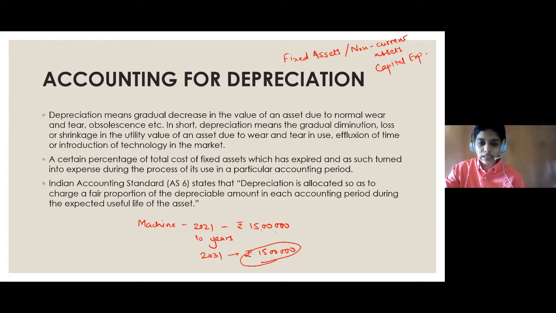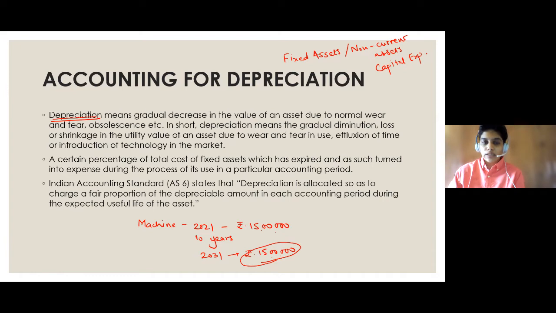So now in this case, you know that your asset is going to lose value over time. So from the perspective of accounting, when we follow certain accounting principles, concepts, and conventions, and we are being conservative, what we do is we account for this loss by means of depreciation. Whatever loss in value occurs during the use of a particular fixed asset, that is accounted for as depreciation. In simple terms, you can say that it is a decrease in the value of an asset.